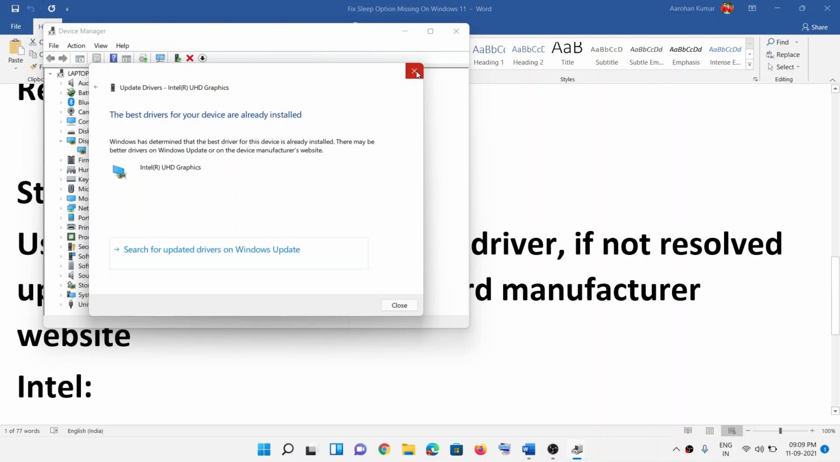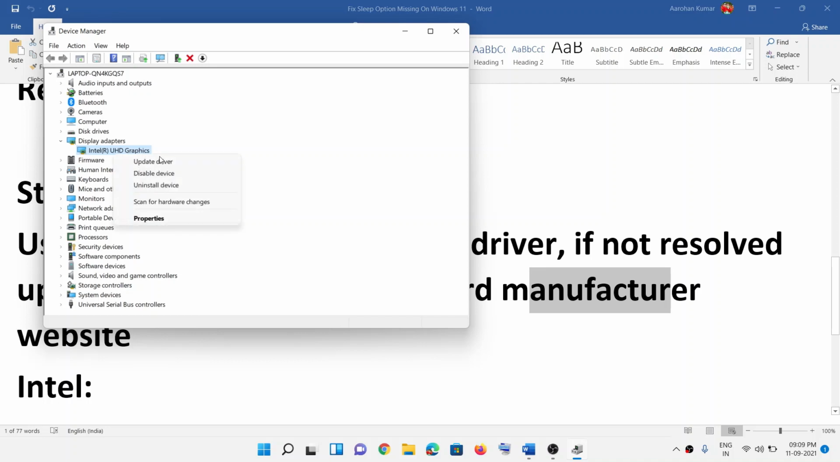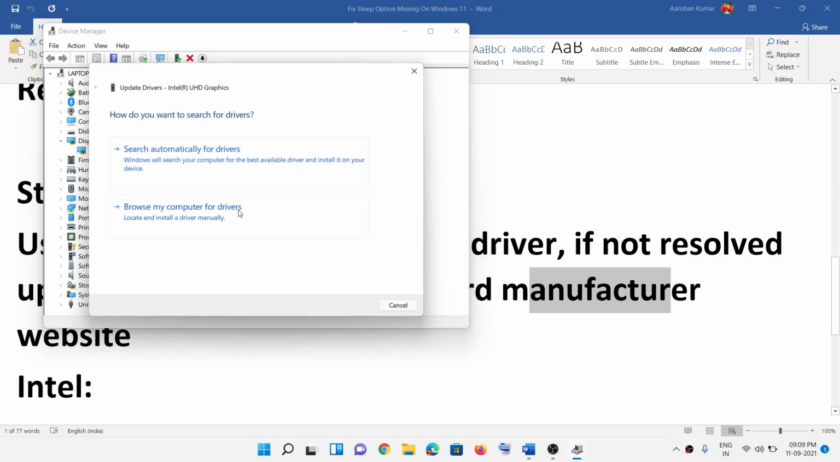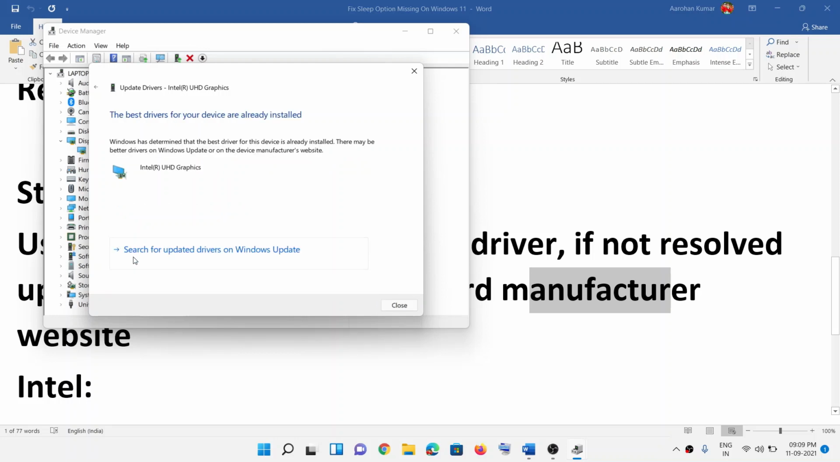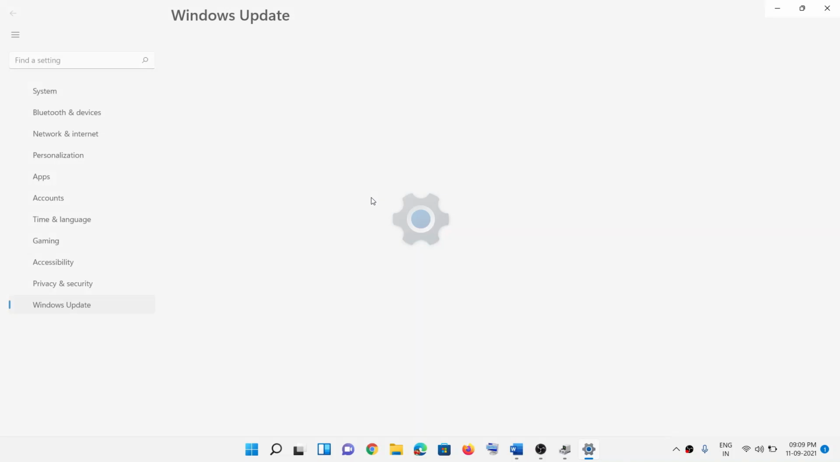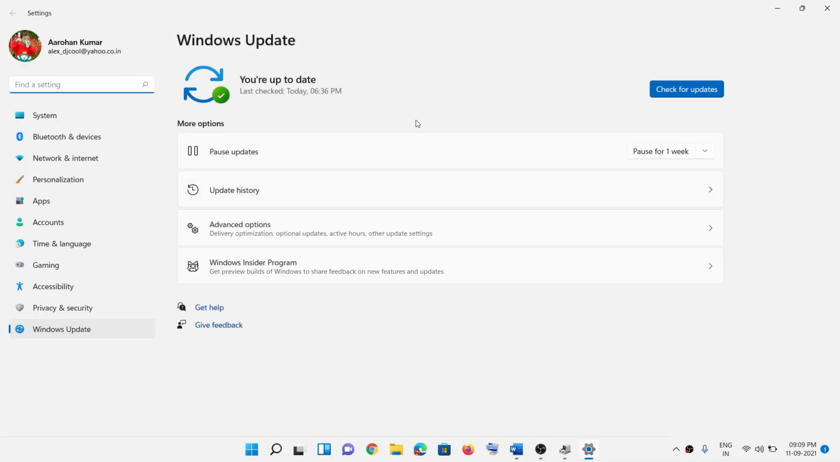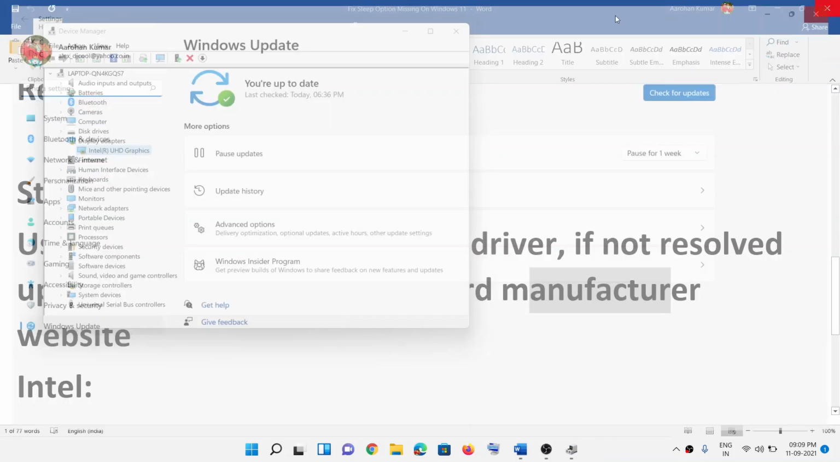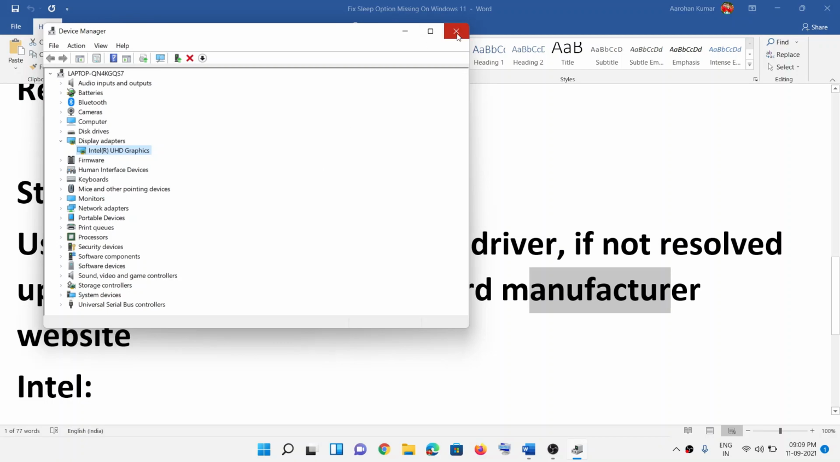If you're still facing the problem, again open Device Manager, right-click, then click on Update driver. This time click on Search automatically for drivers, and then click on Search for updated drivers on Windows Update. If Windows Update finds any update, go ahead and update it, restart your computer and then check. Now if you're still facing the problem,